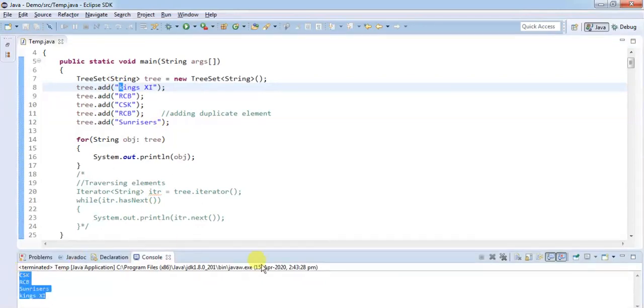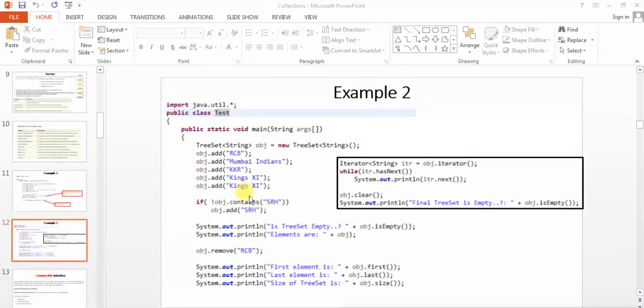Now let's look at the last example, where I have used methods other than the add method. You can see I have added some elements here, and we've already seen the add method.